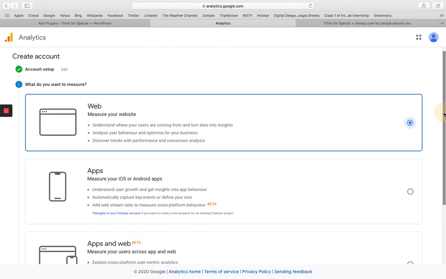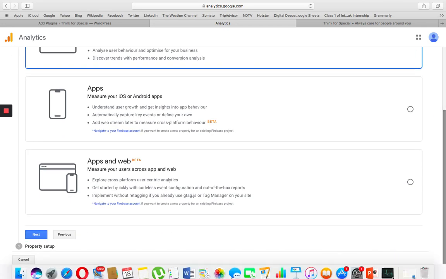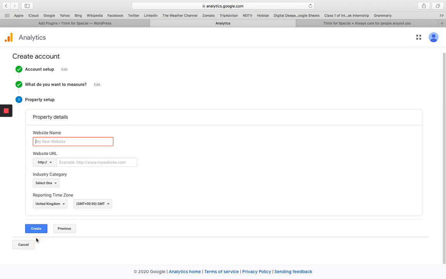Here you can track three things. Either you can track your website, apps, or app and website both. So I'm just choosing this and then click on next. And here write your website name. So again I'm writing Think for Special. Okay, here we have to paste our website URL. I'm just writing my website URL